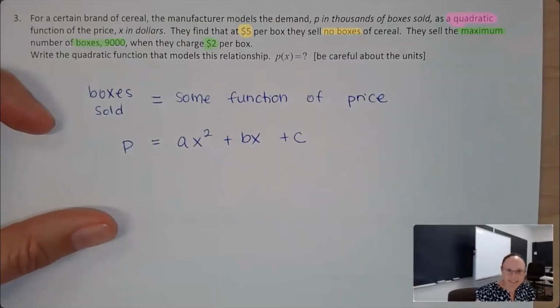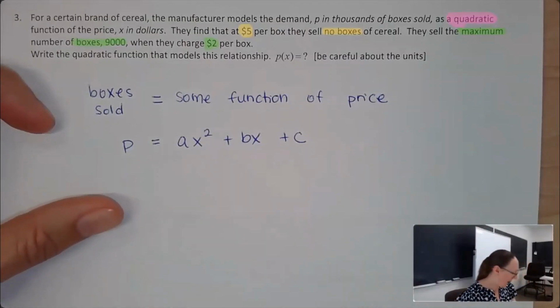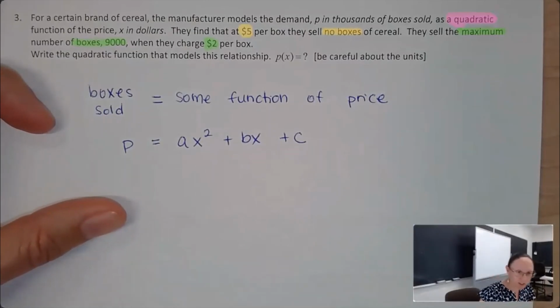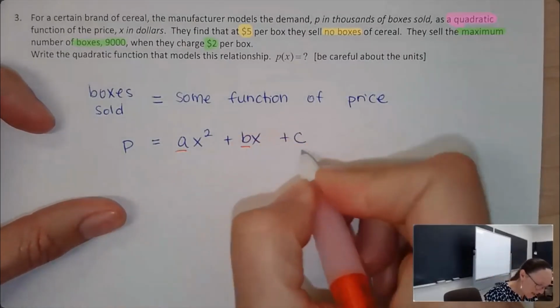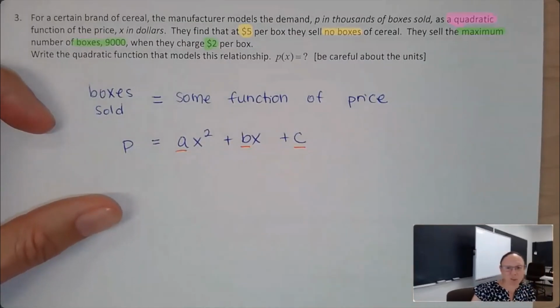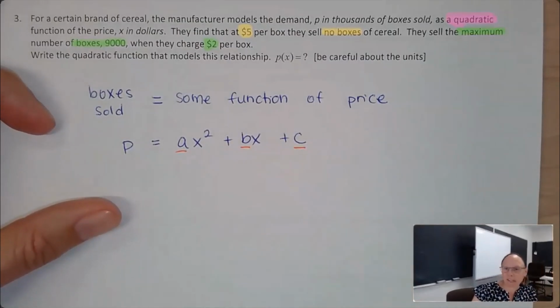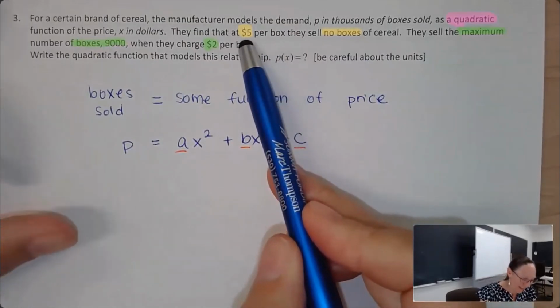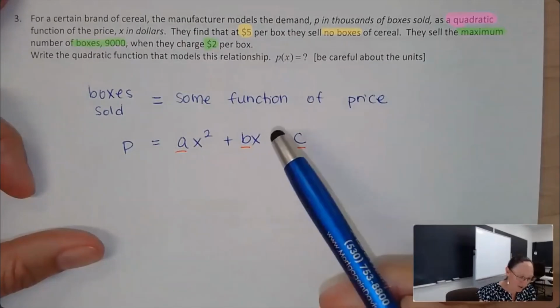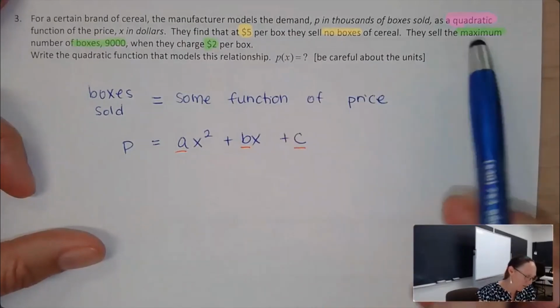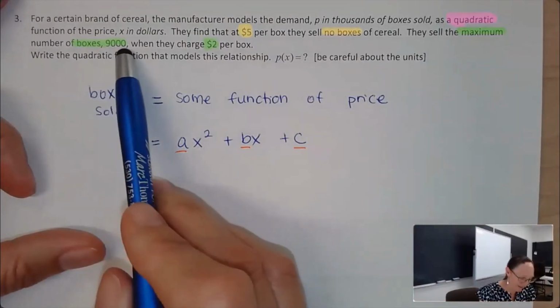Now looking at this, if I wanted to actually come up with the equation, I would need to know a, b, and c. And if I have 3 unknowns, I would need 3 pieces of information in the problem. But we were not given 3 pieces of information in the problem. We were actually only given 2 pieces of information: that at $5 per box, we sell no boxes, and we sell the maximum number of boxes, 9,000, when they